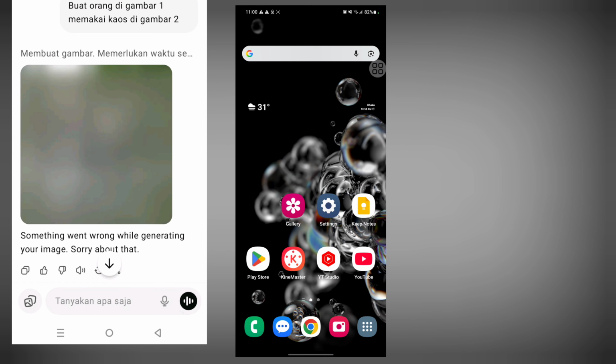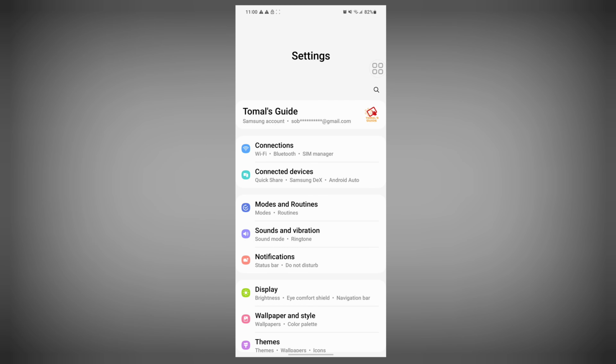In this video I'll show you how to fix the "Something went wrong while generating your image" problem on ChatGPT. To solve this problem, go to Settings,